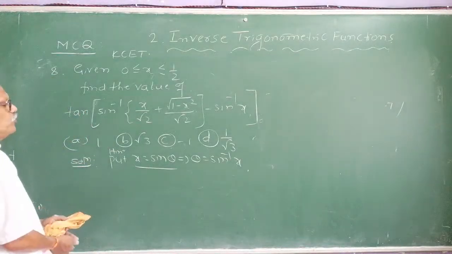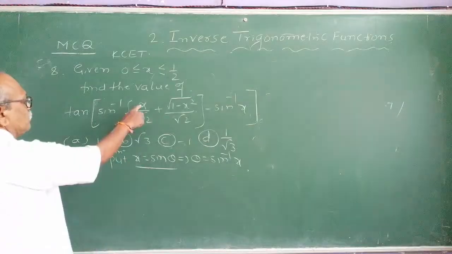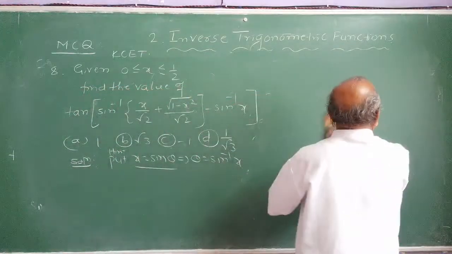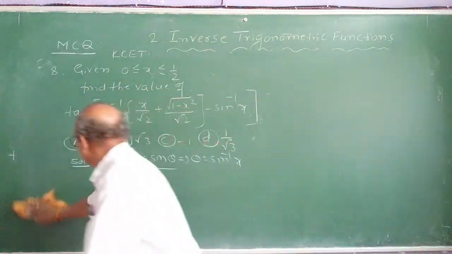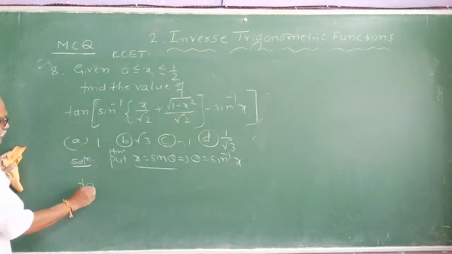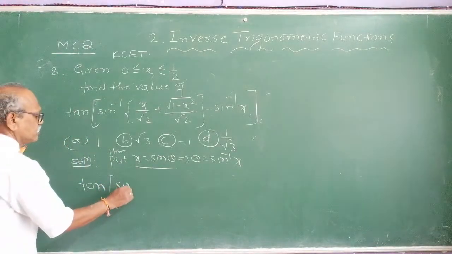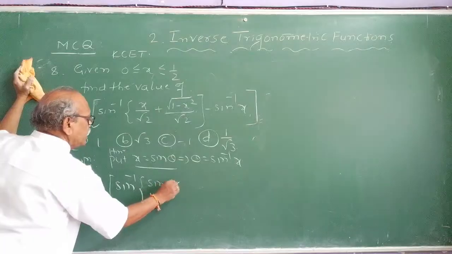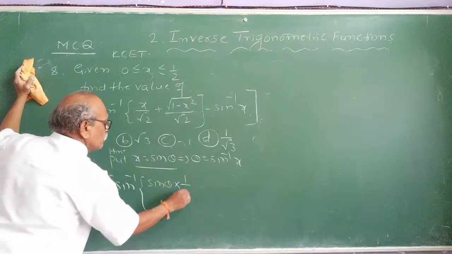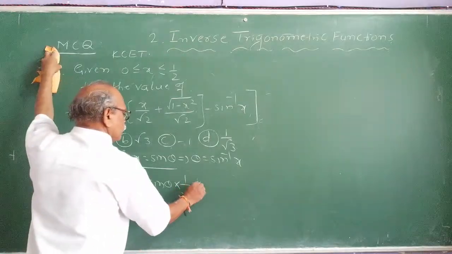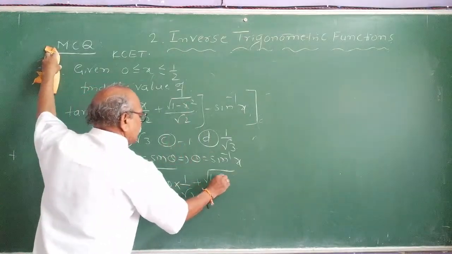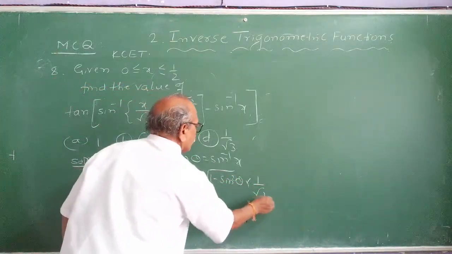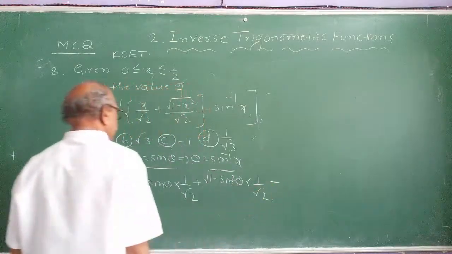Now see this problem. Put x is equal to sin theta. Theta is equal to sin inverse x. Wherever x is there, you put sin theta. Interesting problem. Now if I take it as tan of sin inverse, see, x means sin theta, right, into, can I write 1 by root 2 plus root of 1 minus sin theta is 1 minus sin square theta, again root 2. Can I write it as 1 by root 2 so that I can use the compound angle? Minus